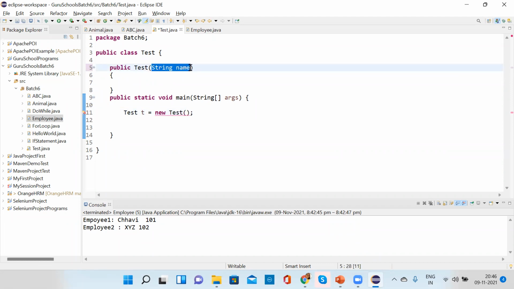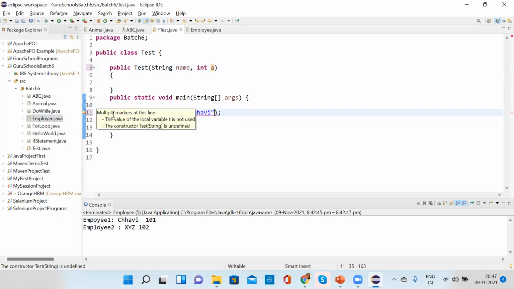Because now it's a parameterized constructor, so parameters are there, and we have to pass some parameter to fulfill that condition. And if we define 2 parameters and miss one parameter, it will also show an error. If I define 2 parameters here and we are not passing anything as the integer, then also it will show an error. It will say there are multiple markers in this line, so you have to define this. Okay.